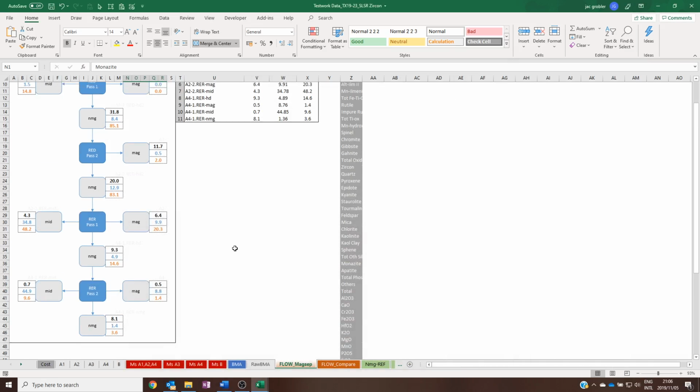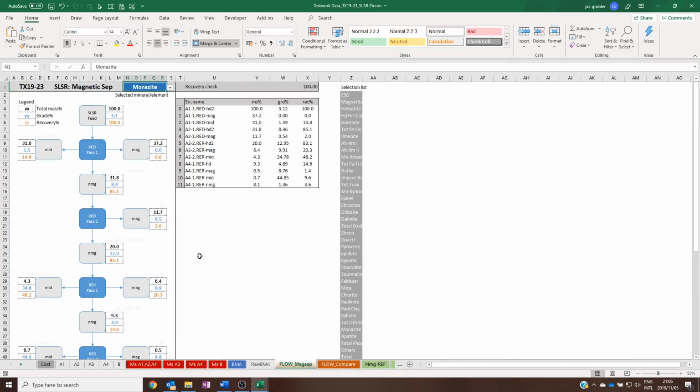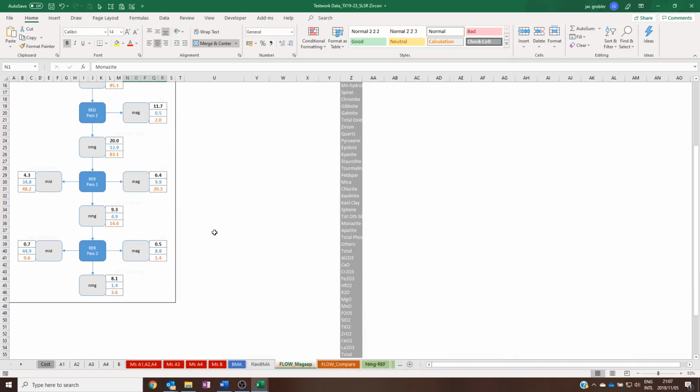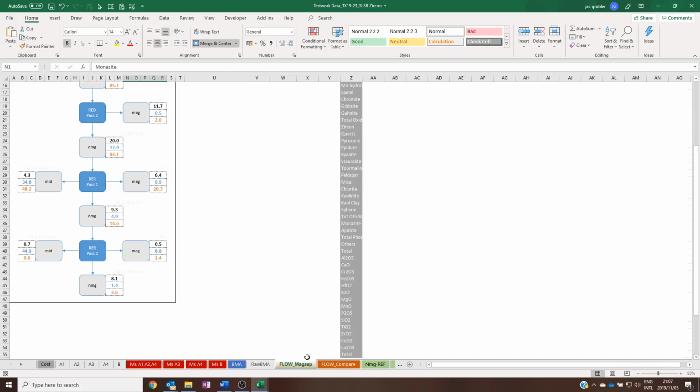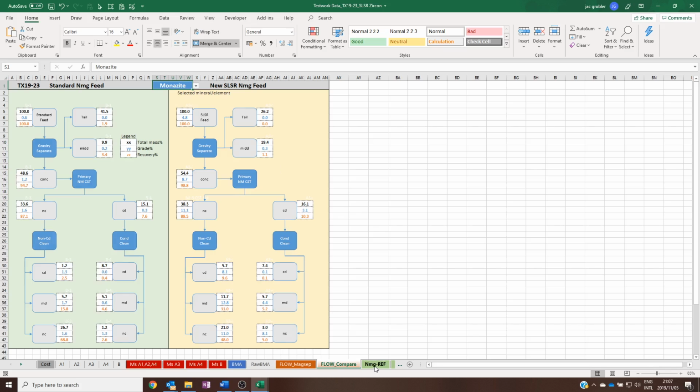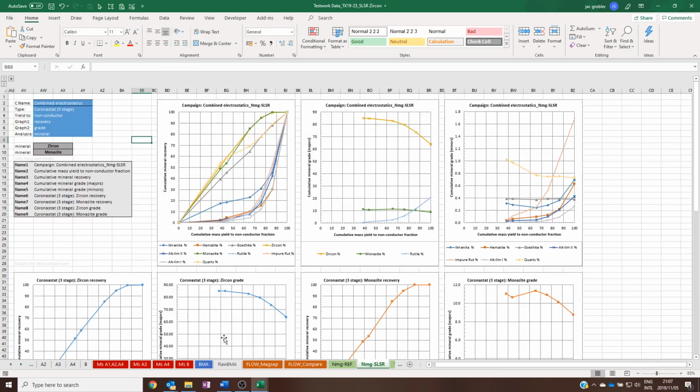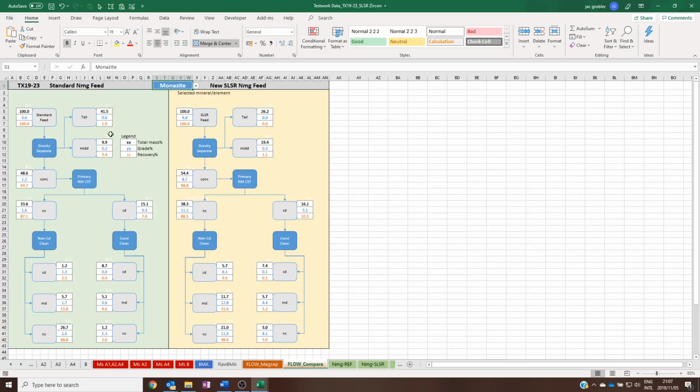So this is the second part of this training video, and we're going to see now how raw BMA data is incorporated into the current structure. So there's already BMAs in here, there's already flows, there's already graphs, there's already all these things, and all that you want to do is say, I want to add now a new gravity separation. So in effect, you want to say this was the normal, this was the super LSR with the high monazite, and then we'll create a new one to say this is the super LSR with the reduced monazite, which represents this